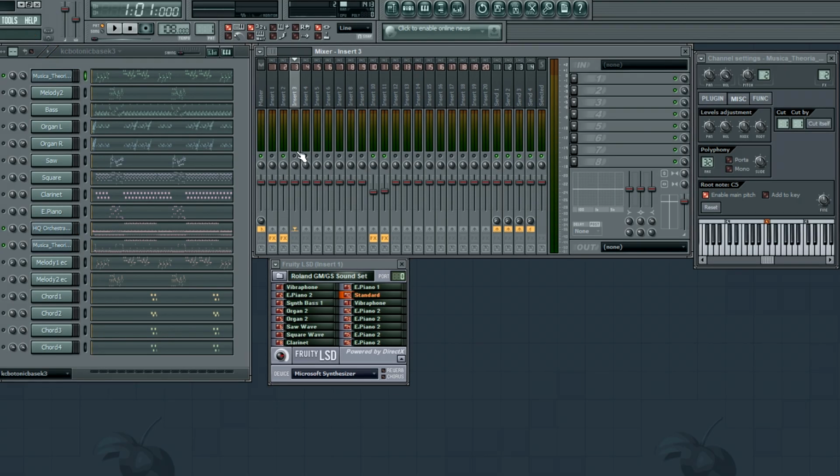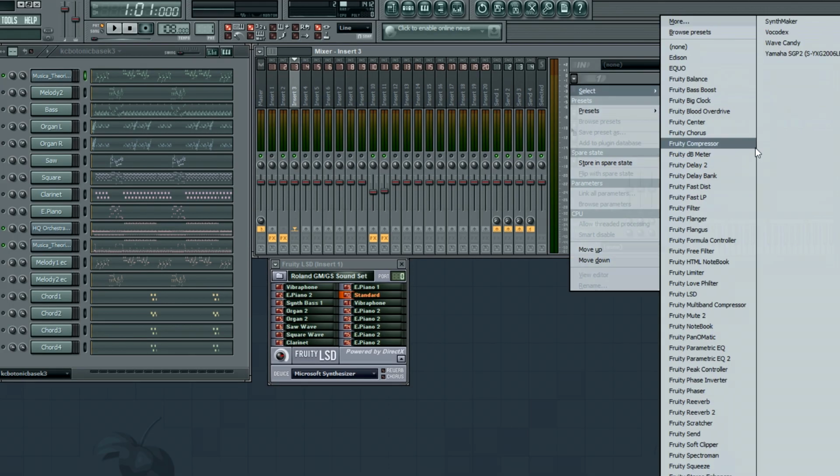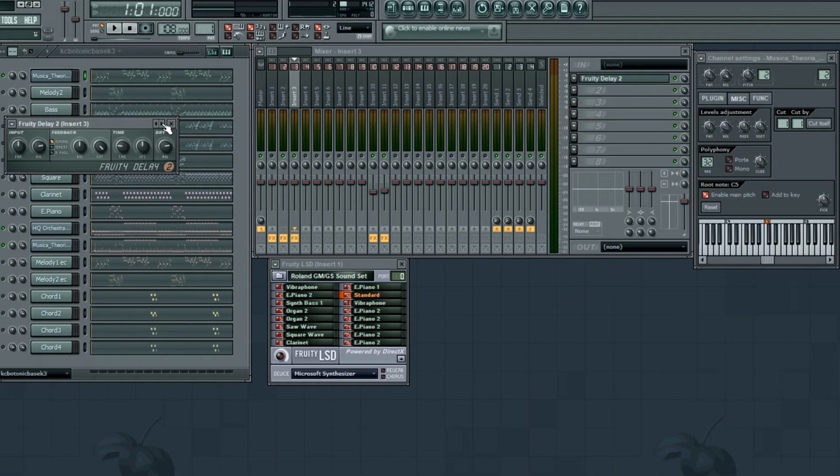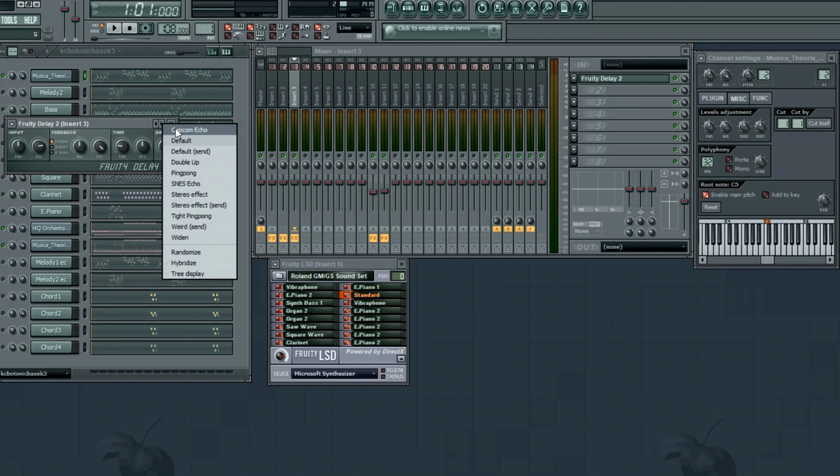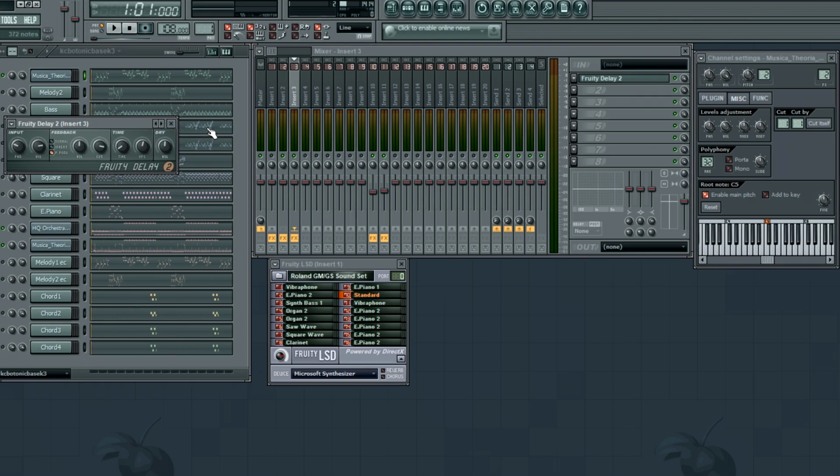Let's do the echo now. So what we're going to do is create an FX chain. Come over here, we'll do delay. We'll do multiple layers of delays. You'll see I have presets I've made. We have a Capcom echo, which I call a Capcom echo because it kind of reminds me of Mega Man X. It's a very tight, very narrow delay, like